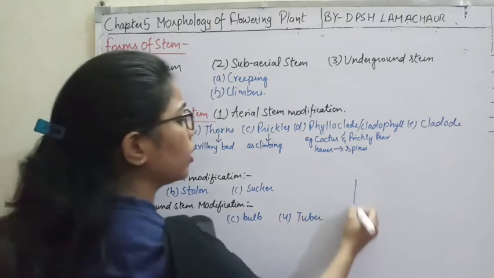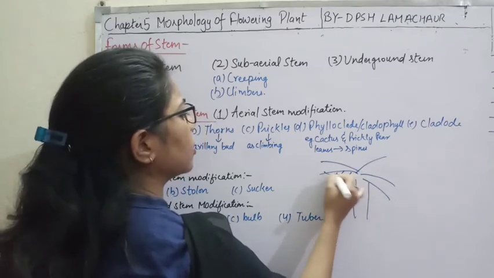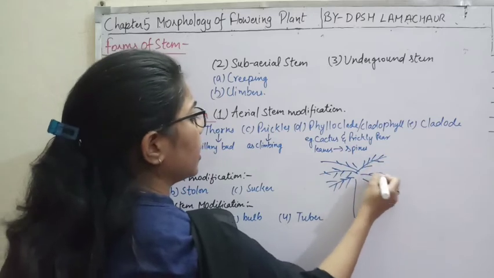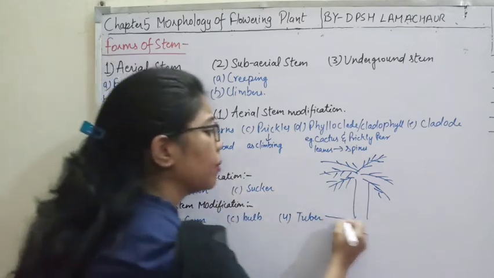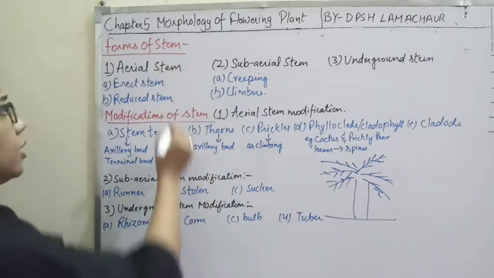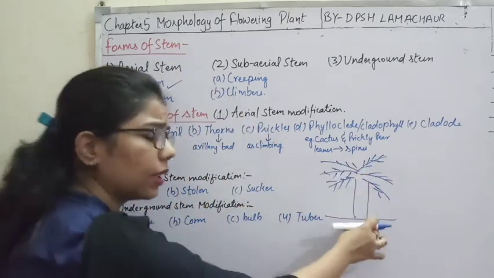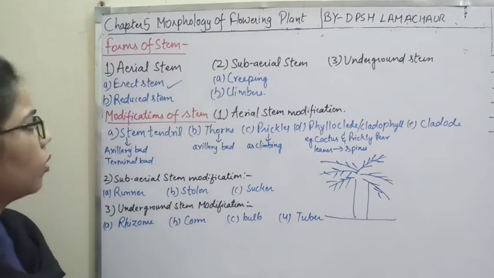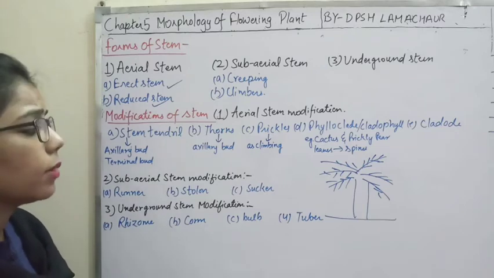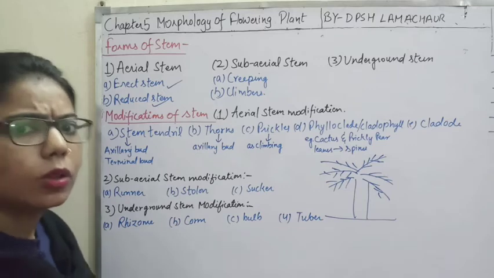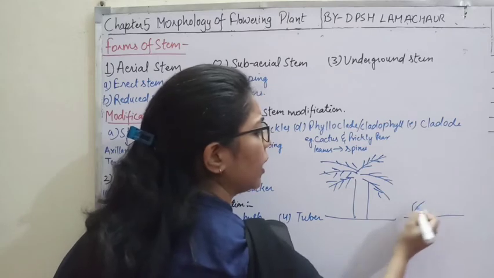If we talk about the coconut tree, what is happening is that this tree has a proper stem, and that stem is very, very strong. In that condition we will say it is an erect stem. An erect stem is one where the whole stem is placed like this and it is very strong. Another form of this aerial stem is a reduced form. If we talk about some plants which are very light, for example strawberry, how are they placed? They are situated on the land very lightly.